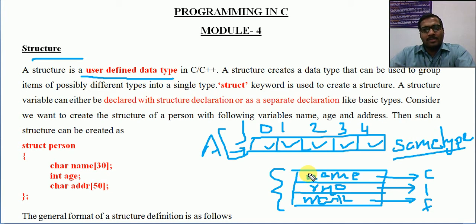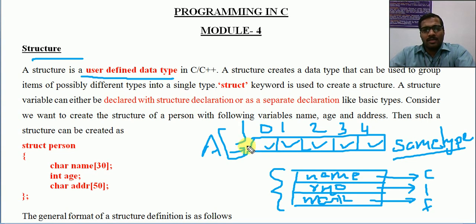We have already seen before that we use typedef for creating a new data type. That is only what we are doing there: we are giving a different name to the existing data type, that's all. But here we are defining a structure like roll number, name, class, or employee number, employee name, salary, etc. All this information together forms a new record structure, and that is treated as a separate data type. And this data type can be used for creating this type of record data. Hope the difference is clear.